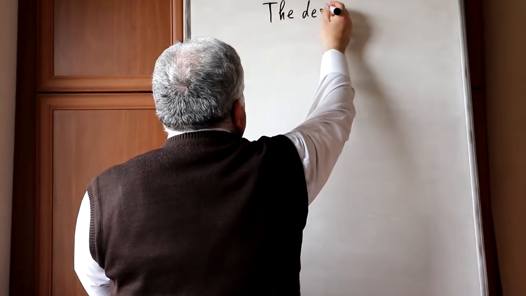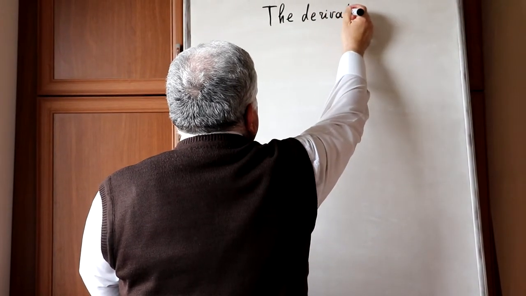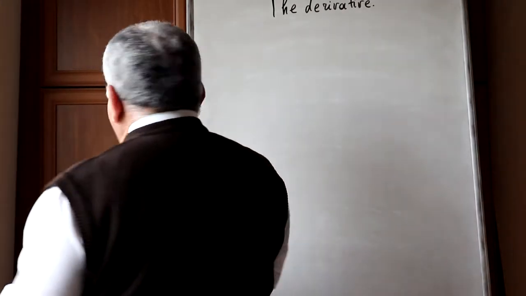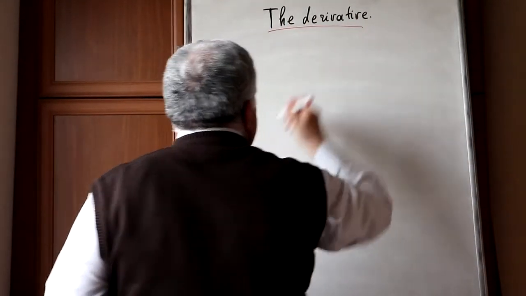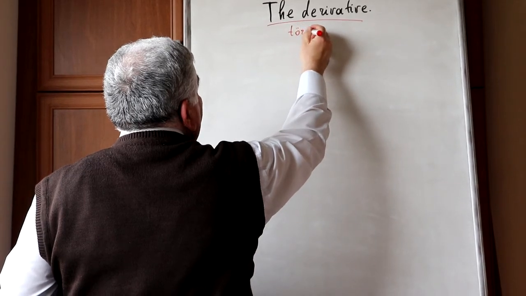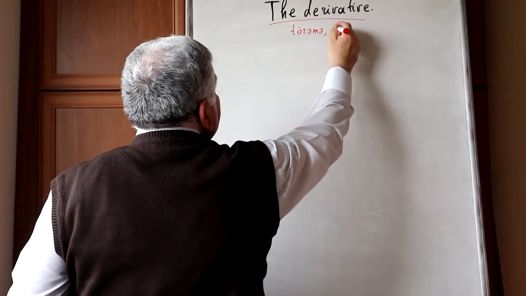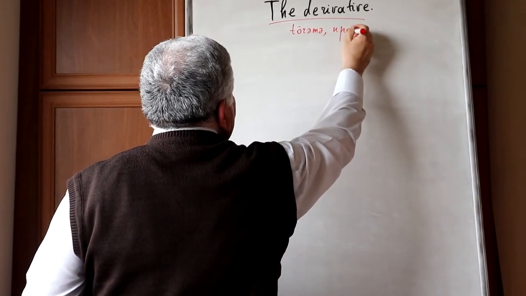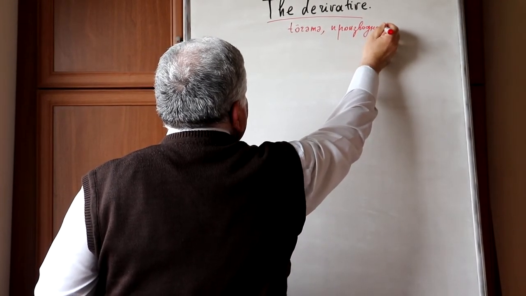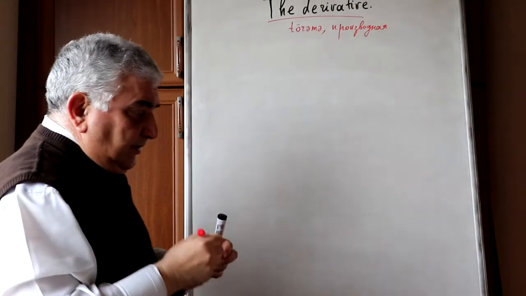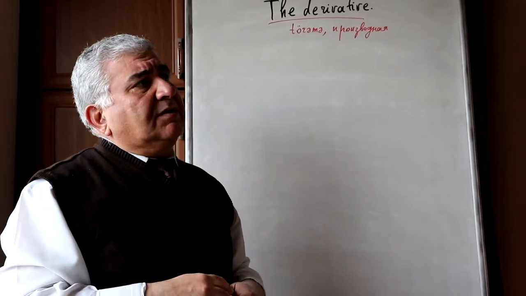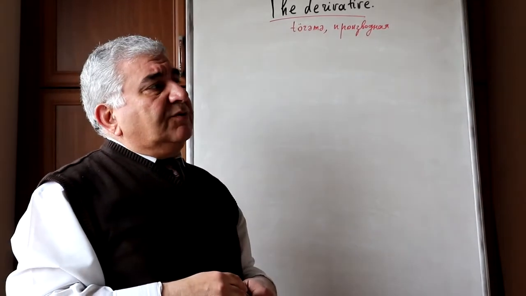Derivative in Azeri is türəmə, in Russian is производная. According to the definition of derivative,